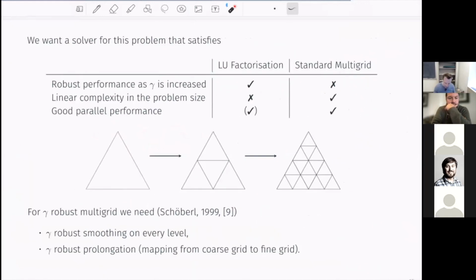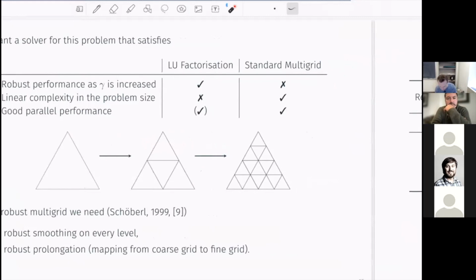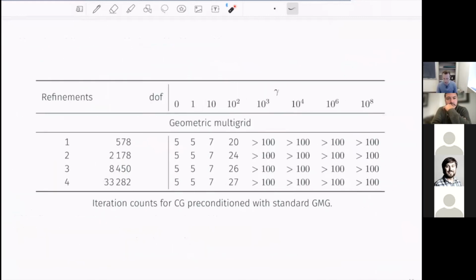And so Schöberl showed a good 20 years ago in his PhD thesis that if you want to build a multigrid scheme that is robust, the two ingredients that I just named, which are the smoothing on every level and the transfer, both need to be robust, right? So their efficacy shouldn't degrade as you increase your gamma. That's a very intuitive result, but he proved that it's correct. And so essentially what we're going to do now is attack both of these issues, the smoothing and the prolongation, and we'll show the impact of that on the iteration counts for solving this